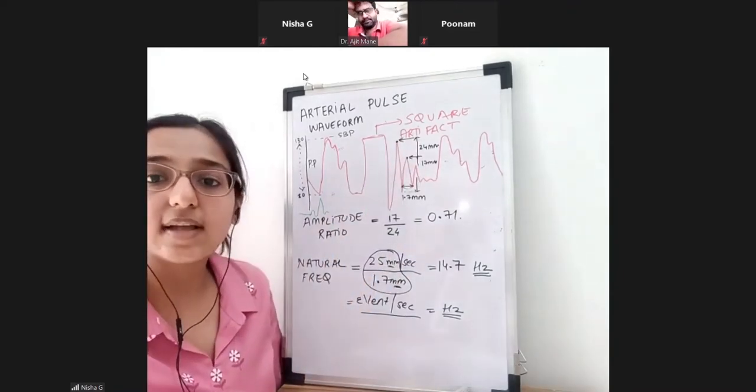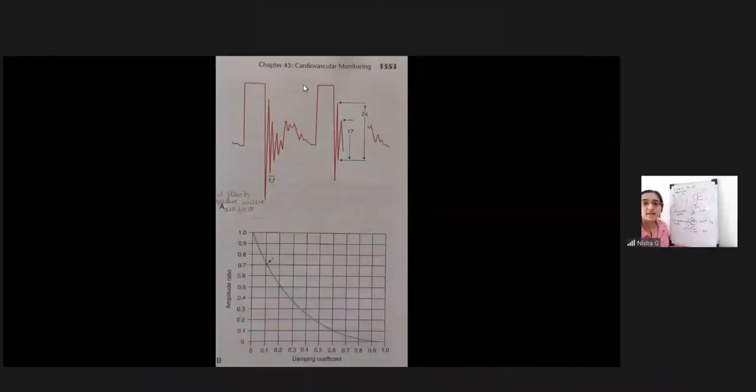So now see the diagram. You can see what I have explained to you, right? Here they have taken this, what I have explained. Now, can you see that there is some graphical representation over here, right? What is this graphical representation? You can see a curve is there. Vertically, you have amplitude ratio. Isn't that what we just found out? Amplitude ratio. Horizontally, I've got the damping coefficient, right?